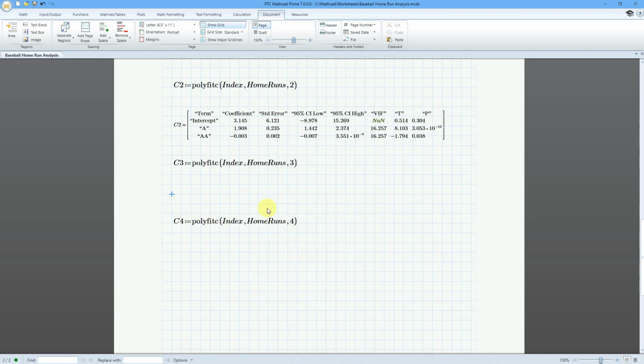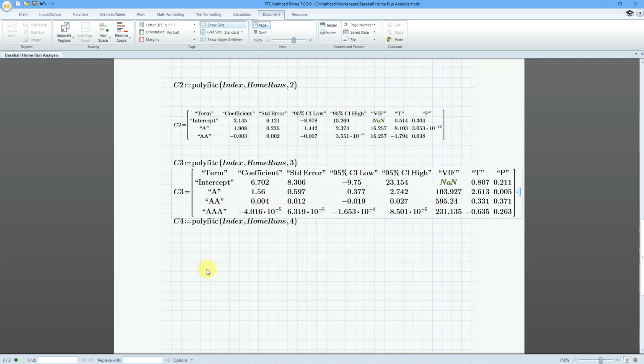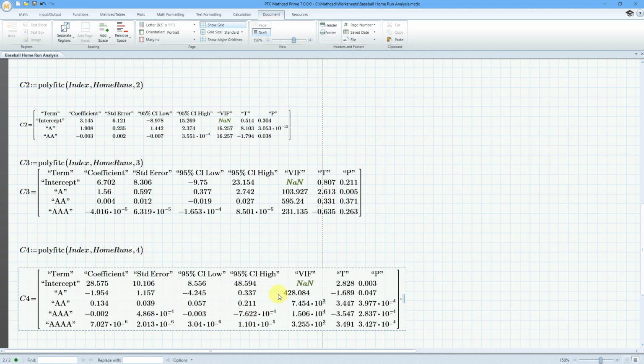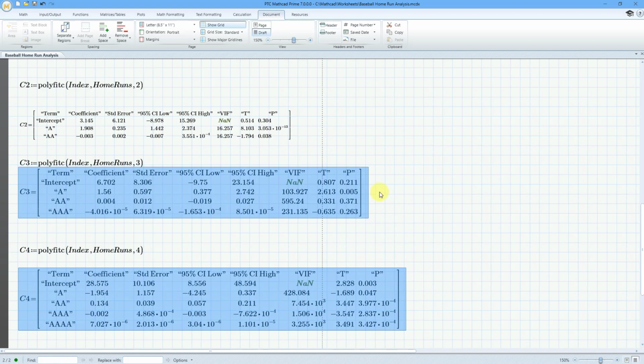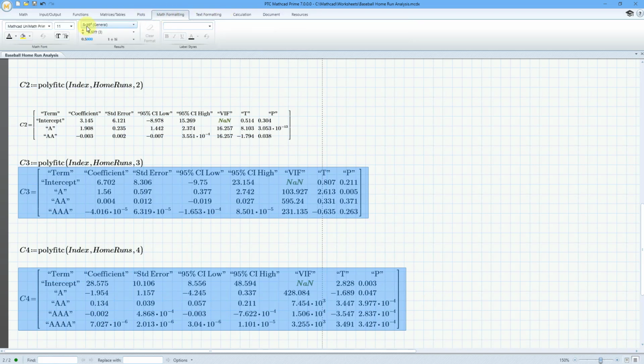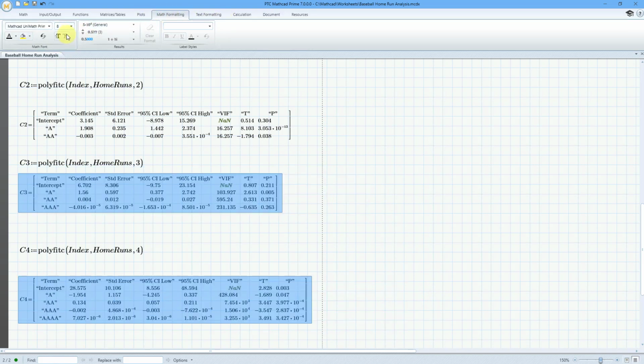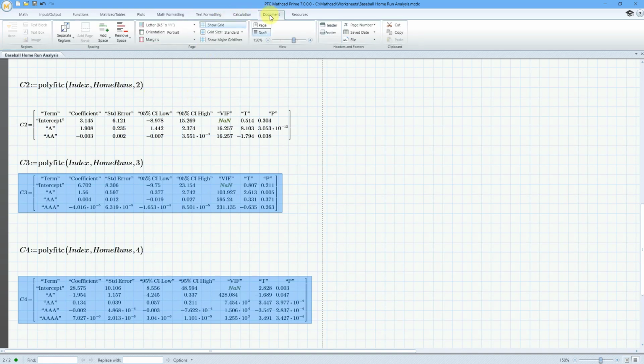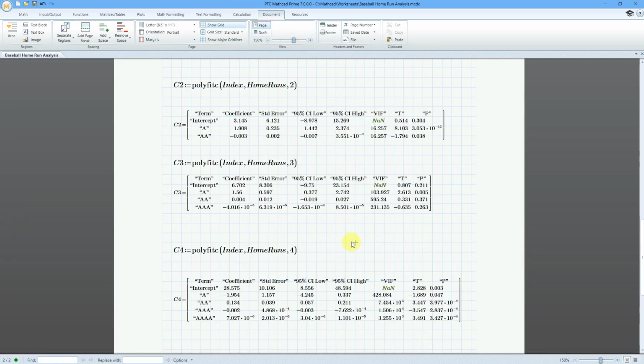And now let's evaluate the C3 matrix, and let me grab this and drag it down a little bit and evaluate the C4 matrix, and that's equal to that. Hey, let's change these. Go to the math formatting. Again, I like the page view, so I'm just going to make that smaller, and then document, change from draft view to page view. So let's take a look at what these different matrices are for the polynomial regression function